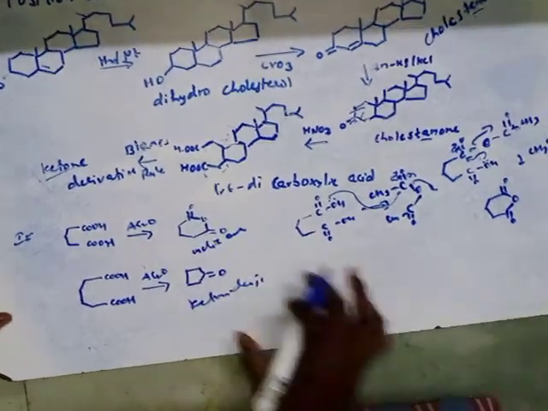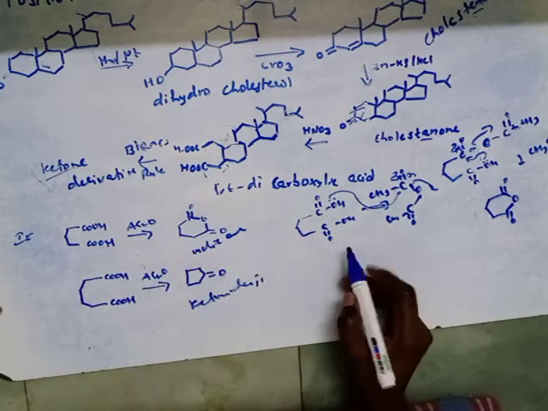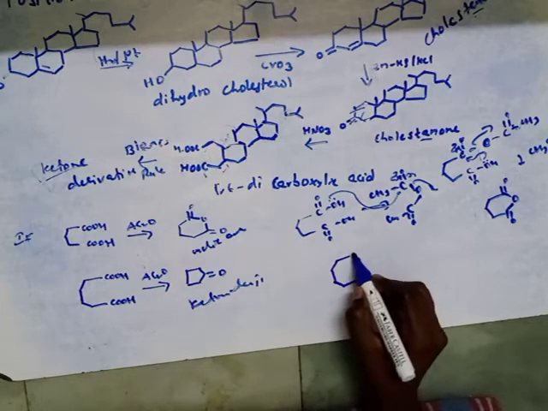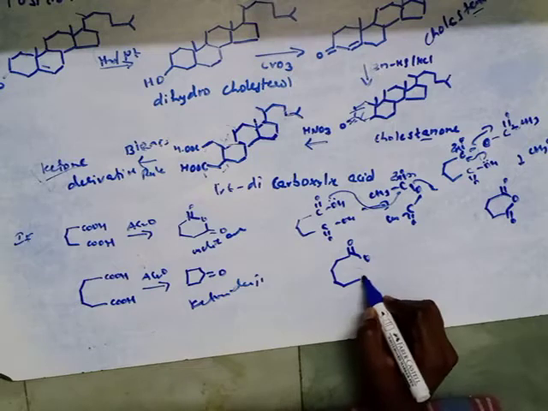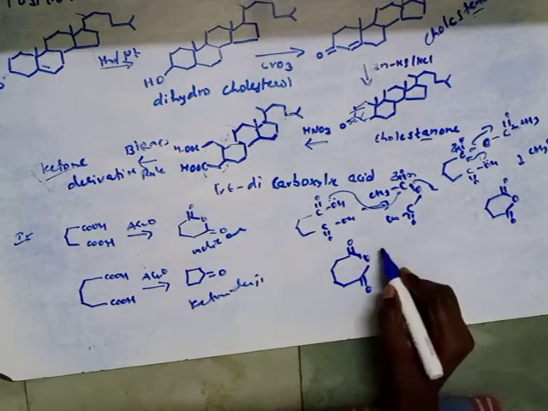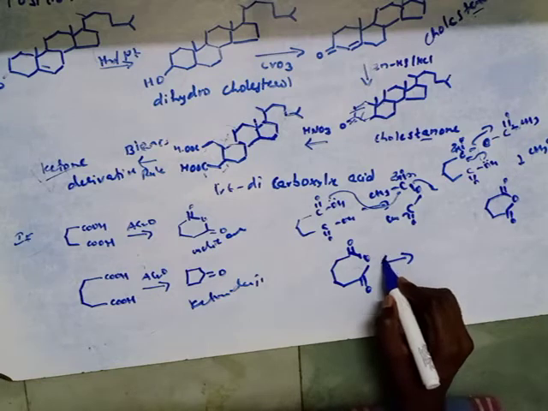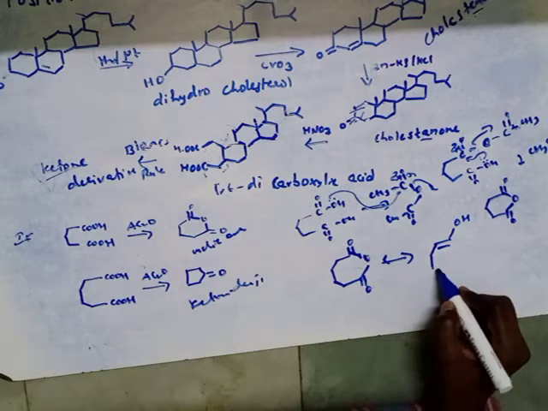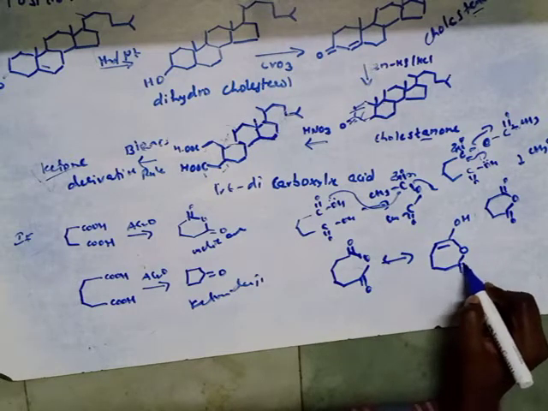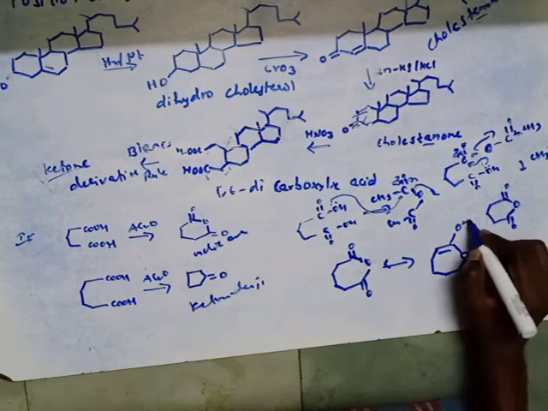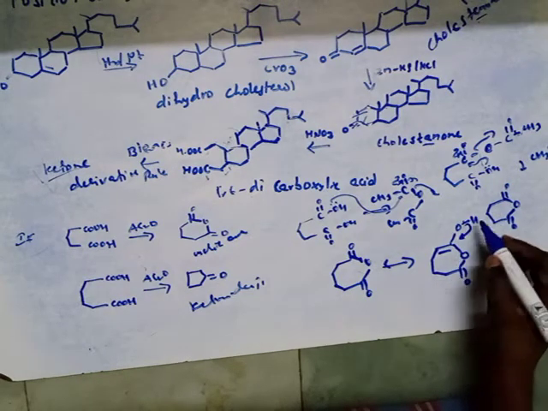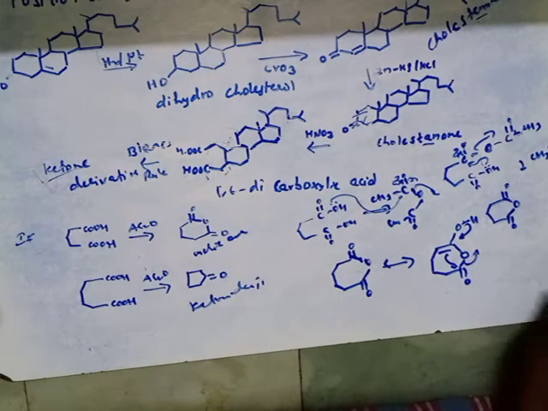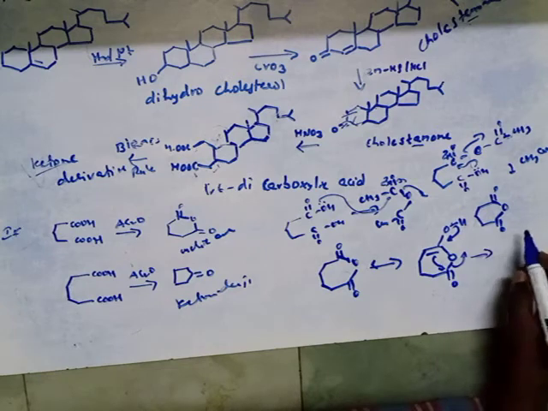Now in the same way, the six-membered one also will be formed like this only. Here C double bond O, here O, here O. But it will undergo rearrangement. How will it be? See here. This OH, here double bond O, then here O and C double bond O. Okay, this comes to here, this bond moves to here, and this will move. Then what will happen, see here.